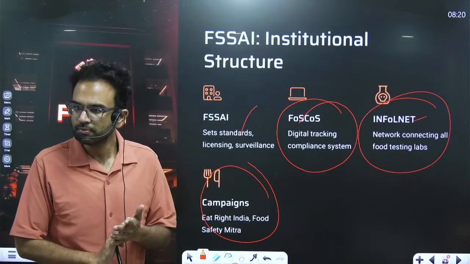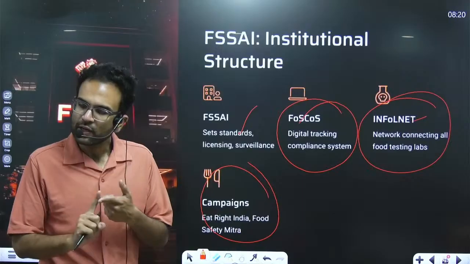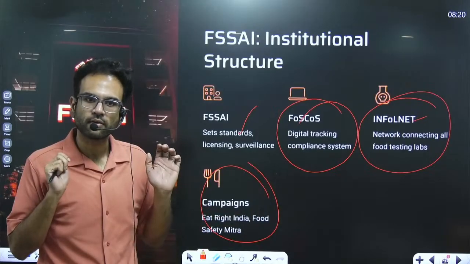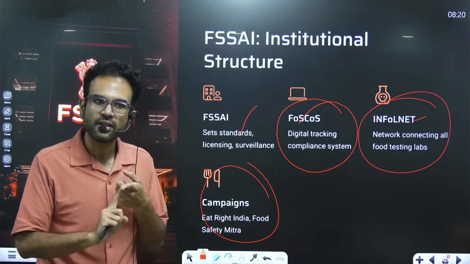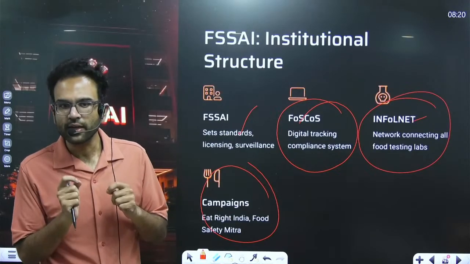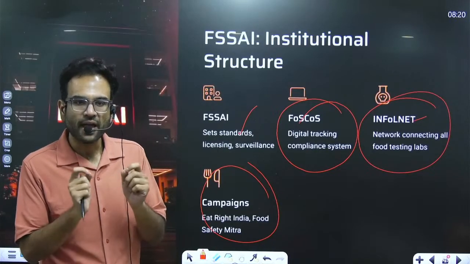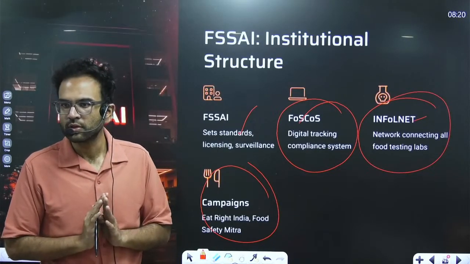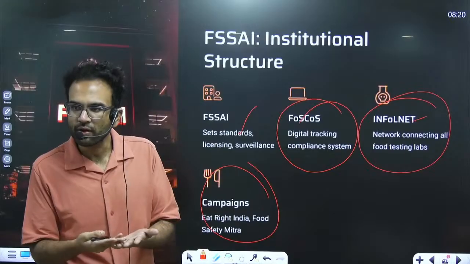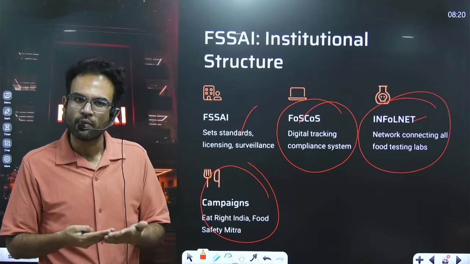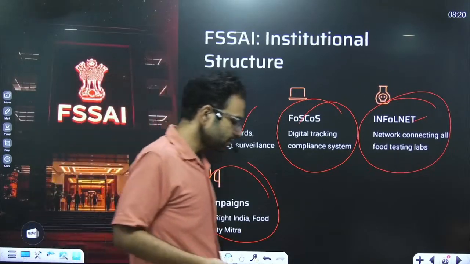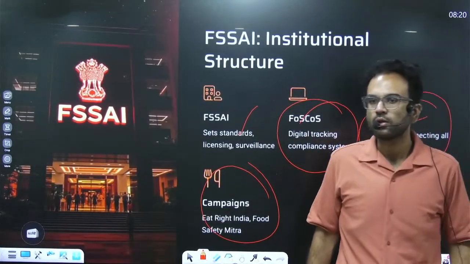Why is it like this? When you take a look at any governance issue, it is not just about setting rules and leaving it on autopilot. It is actually seeing the outcome. A good governance framework is about seeing the outcome. What is the outcome of food safety? Safe access to food and therefore a healthy life. Even if there is safe access to food, people should be made aware of their consumption patterns. We might be consuming wrongly because we are not aware, right? So we need to focus on this campaigns part also.